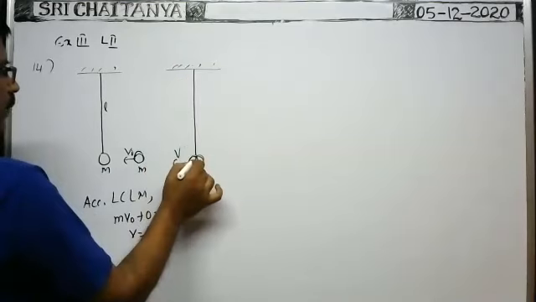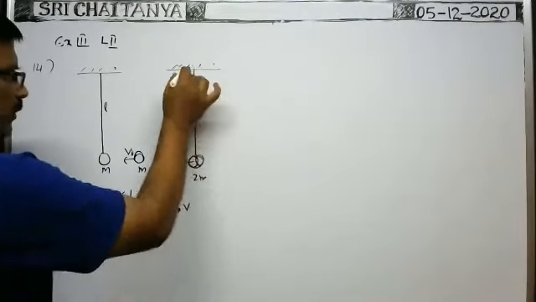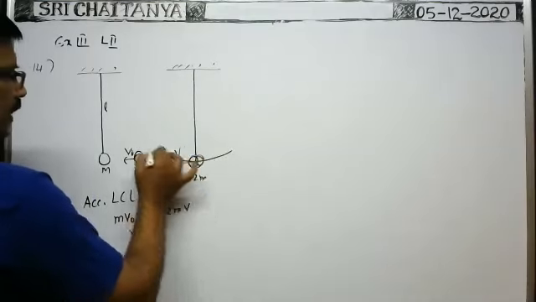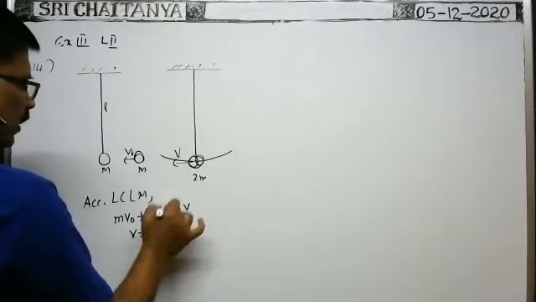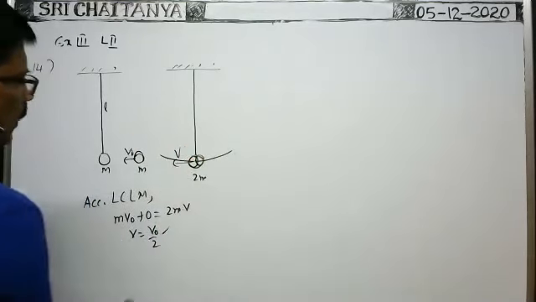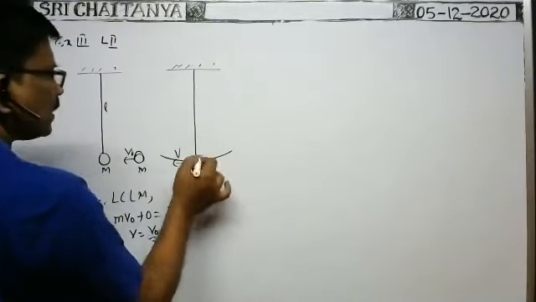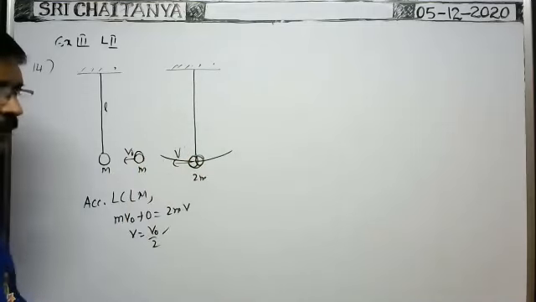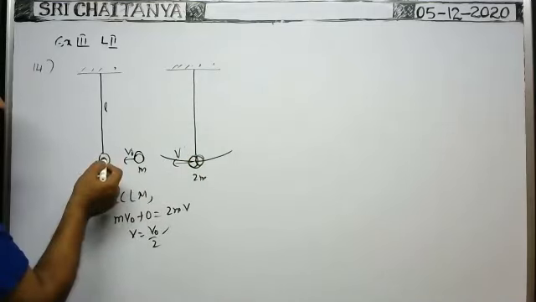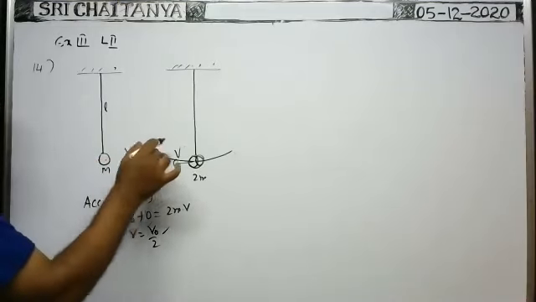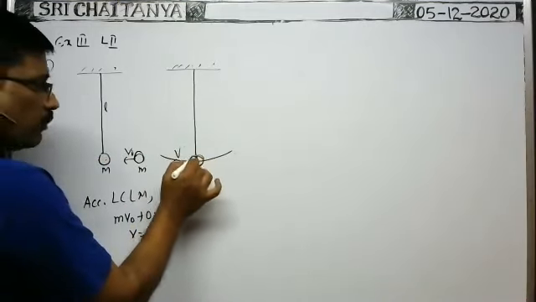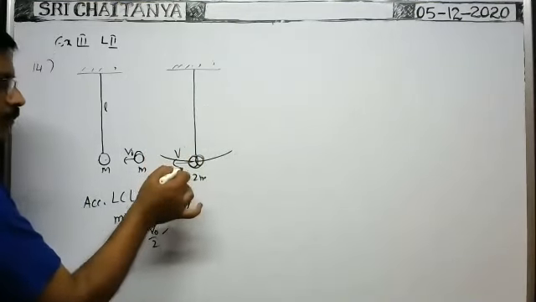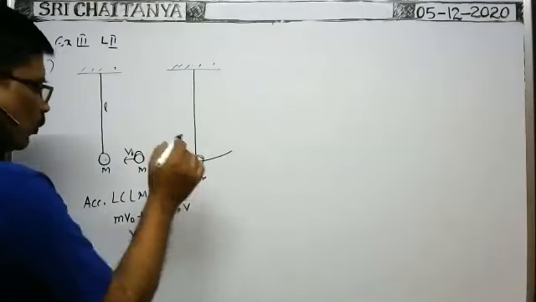About the point of suspension, it makes oscillations like this. At this position, the velocity is the maximum velocity of the simple pendulum. Now, while oscillating, what is the mass of the bob? 2m is the mass of the bob. Whenever this sphere collides and sticks, it starts oscillation, and the mass of the bob in the pendulum is equal to 2m. When 2m mass executes oscillations, what is the time period?